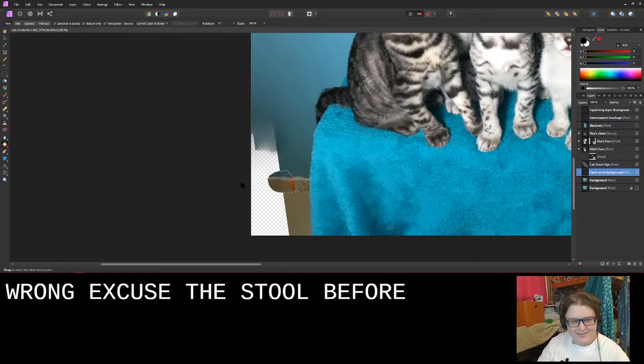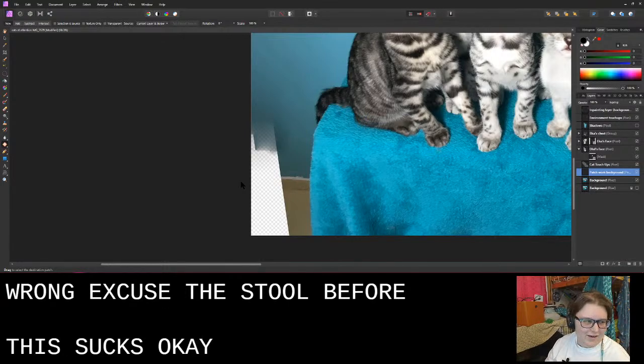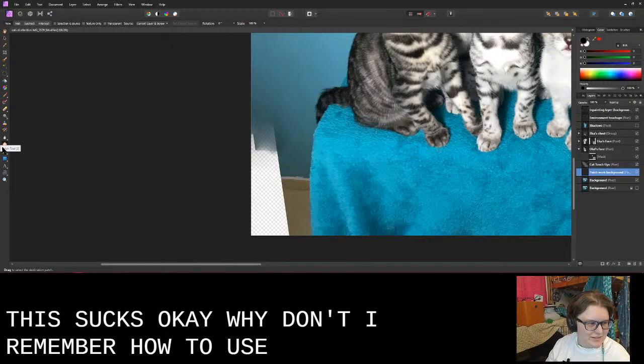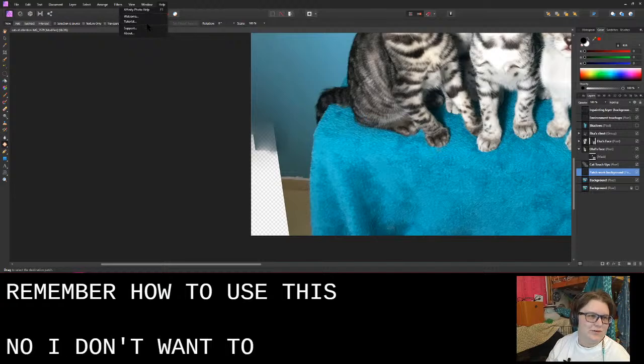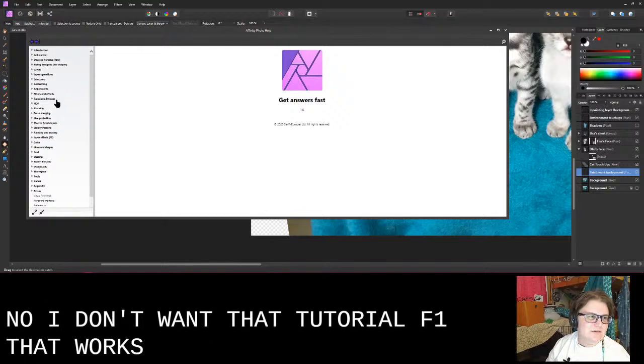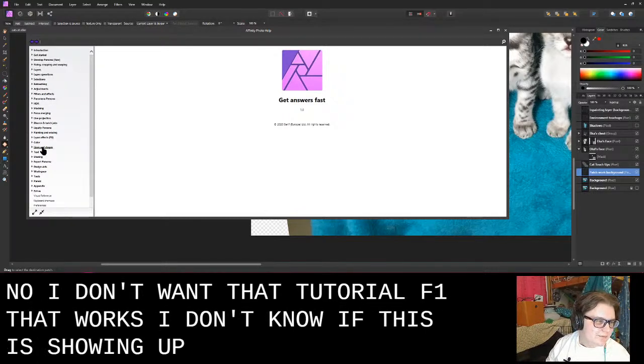This sucks. Okay. Why don't I remember how to use this? Help. No, I don't want a tutorial. What about, oh, there we go, F1. That works. I don't know if this is showing up, but